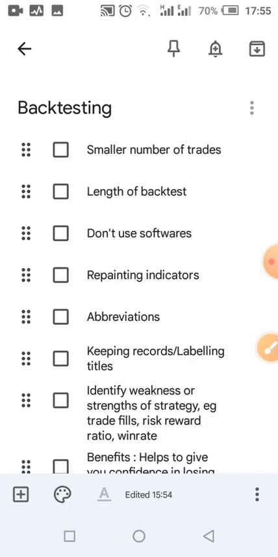When you are checking your trades, even if the 20 trades have a 70% win rate, but they don't have good risk reward, meaning that the wins are not the same distance as the stop loss or drawdown,